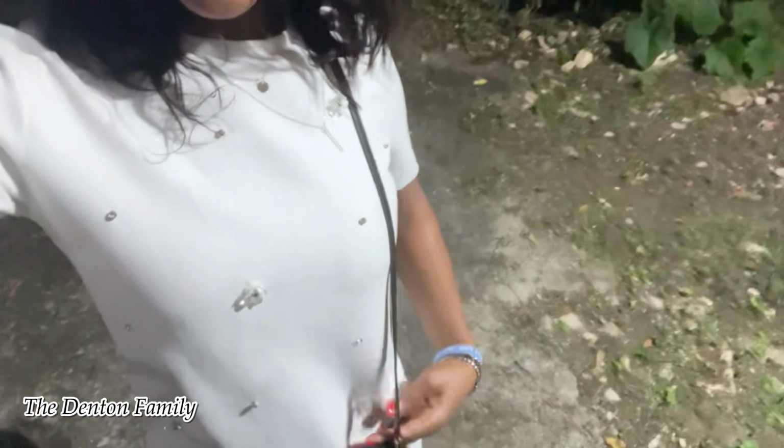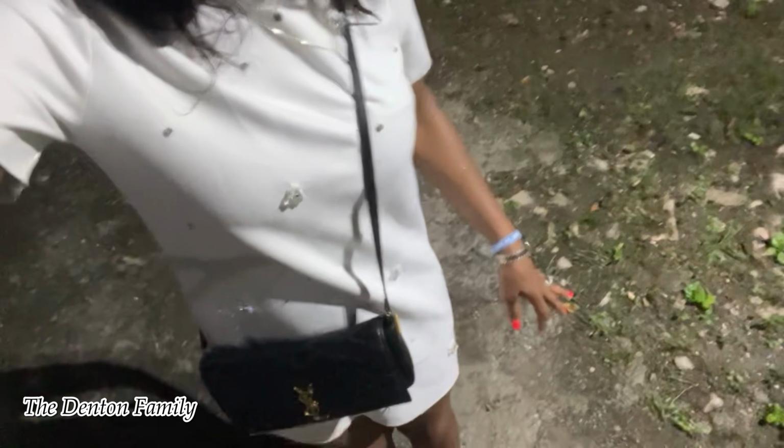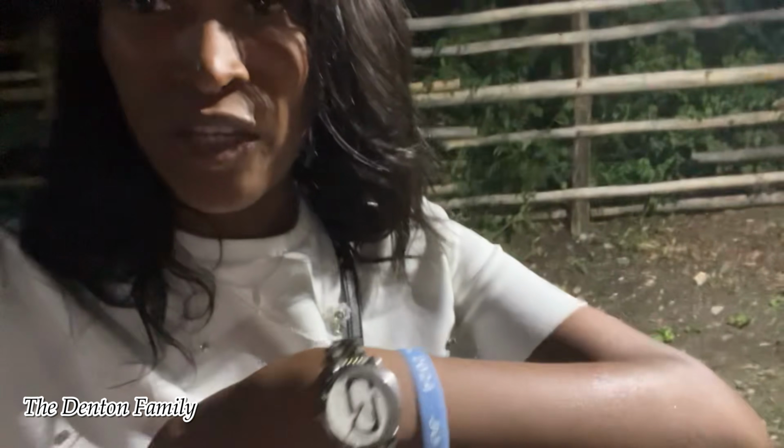So cool. I was chatting so much, I forgot to mention that the dress, well, I said I was taking my YSL bag. The dress is from Express. I think I have it like a year now. This is my second time wearing it, or my first time wearing it, I don't know. And my slippers I had on earlier from Shein. And I just put my watch on. What is this? Marc Jacobs. Yeah, oh, and this is on the band for the